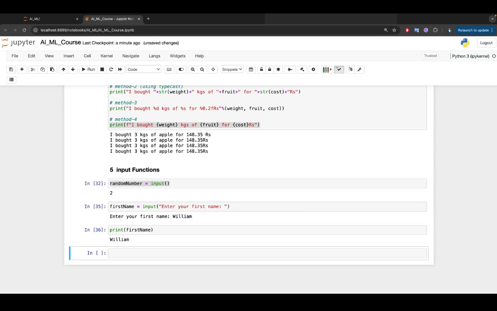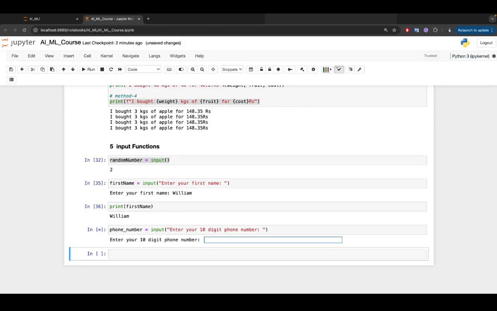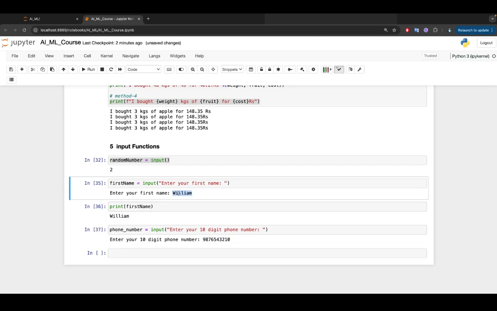So the next rule you have to remember: whenever you ask something from the user, your prompt message should be very, very clear, right? Now I'm going to ask for John or William's phone number. So I'm going to use another variable, phone number, input of enter your 10-digit phone number. Okay. So now the user may enter a number for sure, right? Let's make it this, 98765432110. It's a 10-digit number. Now, in the first case, the user entered William as a string, whereas in the second case,